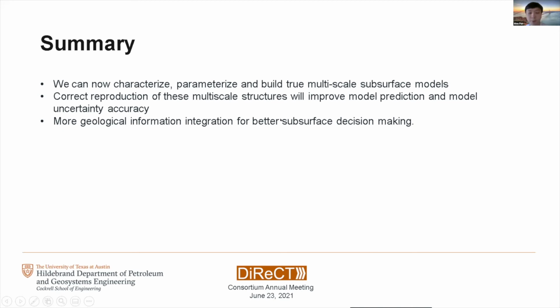By parameterizing our reservoir model with those geologically consistent architectural elements, we can better reproduce the fluid flow behaviors of our reservoir. And by incorporating all that geological information into our reservoir modeling and history matching process, we're expecting to see